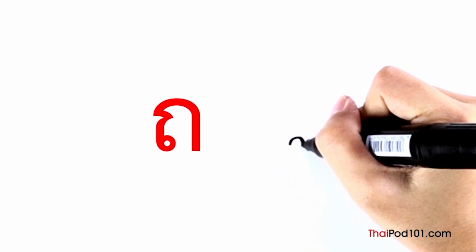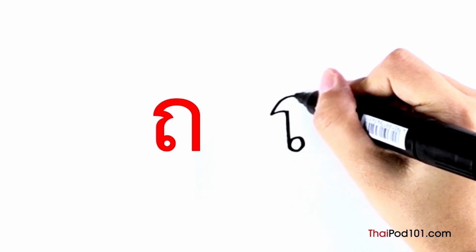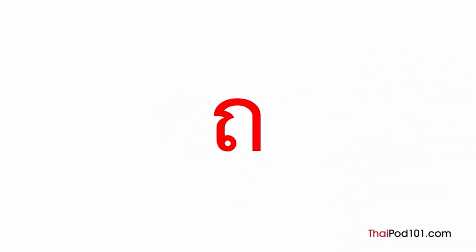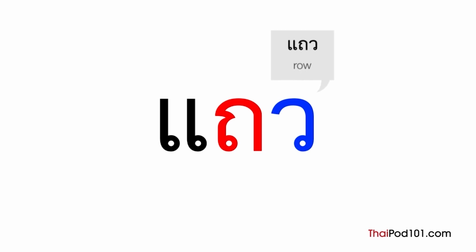Let's write ถอถุง together. Start at the bottom with a clockwise head, then make the shape of กอไก่. We can use ถอถุง to write the word แถว which means row. The initial consonant is ถอถุง and the vowel is สระแอ which is written on the left side. The final consonant วอแหวน